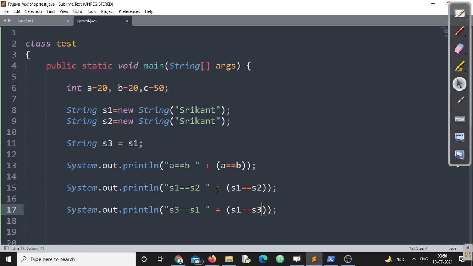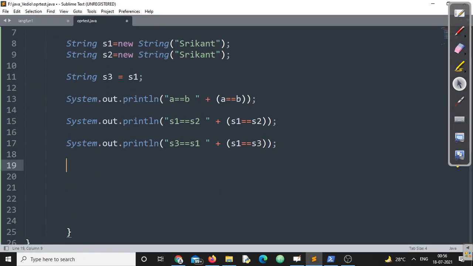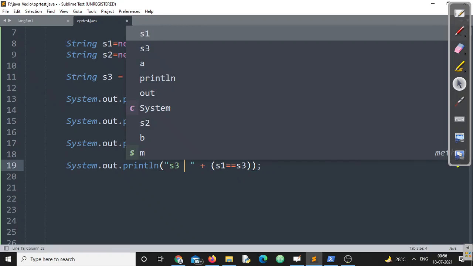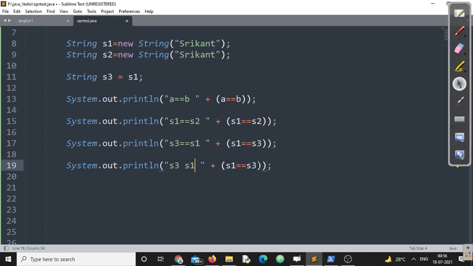Now the last one, I want to compare the content, not the reference, not the memory location. So instead of the comparison operator, we can write one operator called equals. S1 equals S2.